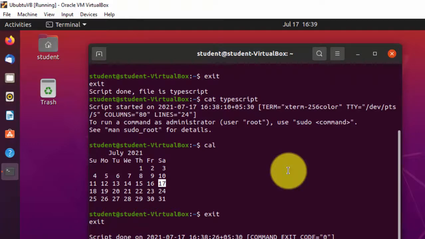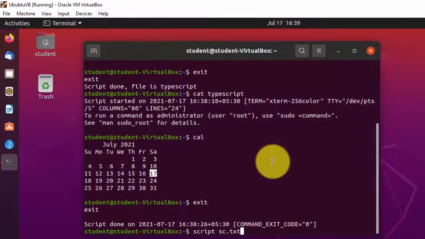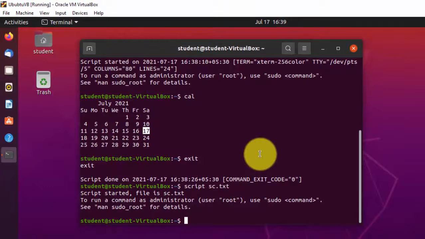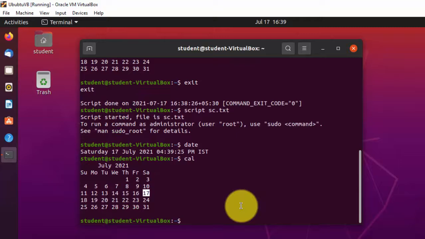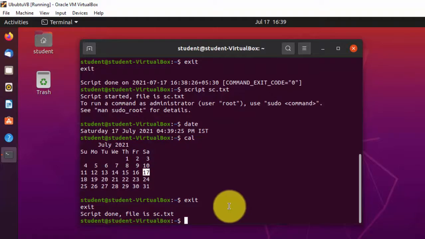So we'll say sc.txt and enter. Now you'll see the script has started, and whatever we execute now will get recorded into sc.txt. Now we can simply exit from here, and you can see the scripting is done and the file has been created.